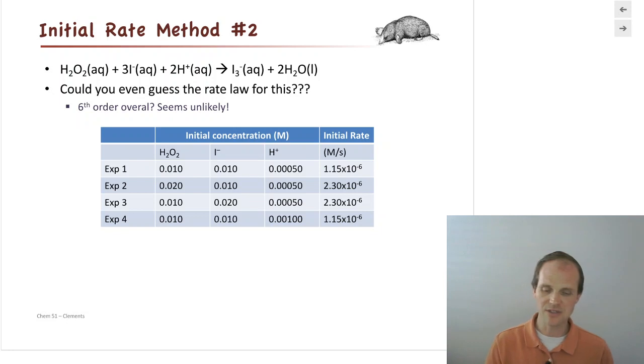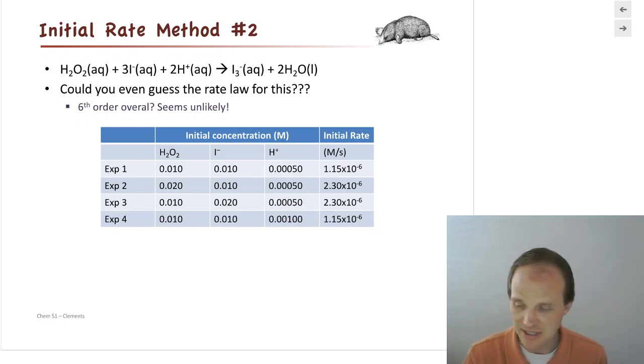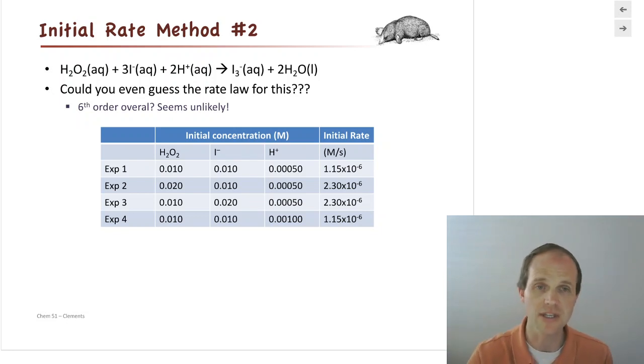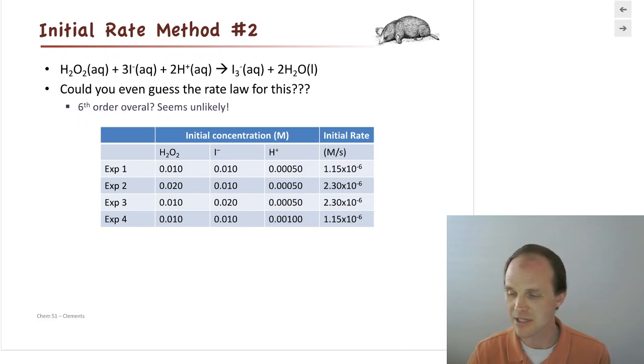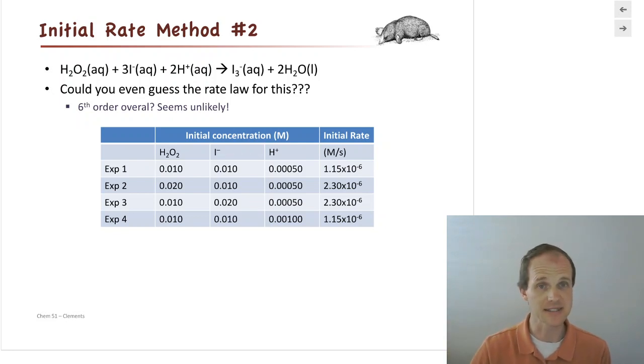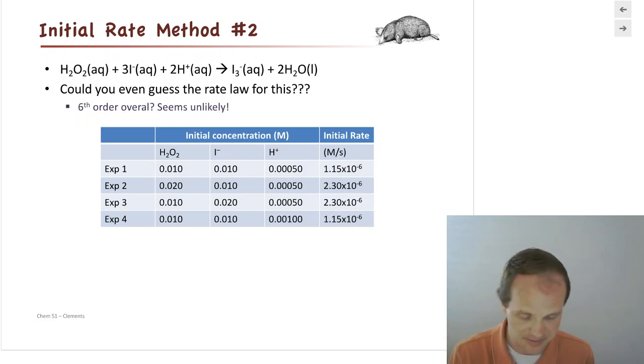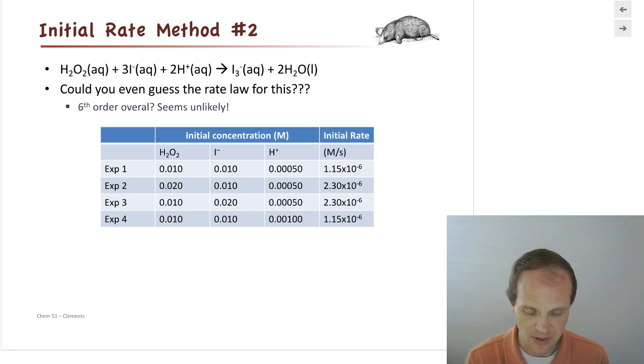So how are we going to do it? Well, we're going to do it by using the initial rate method. So we're going to look at sets of experiments, and we're going to compare them in order to figure out what the order of each of our reactants is. Now, we need to be able to monitor each of these reactants in order to do this, or at least know their initial concentrations. That's a nice thing, because we actually don't have to monitor them all as a function of time.